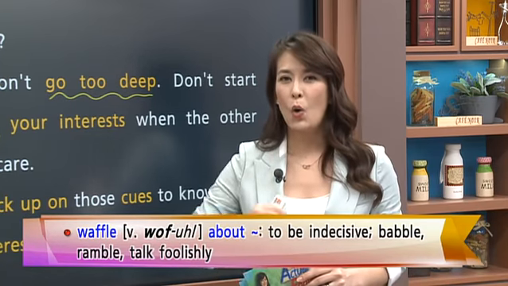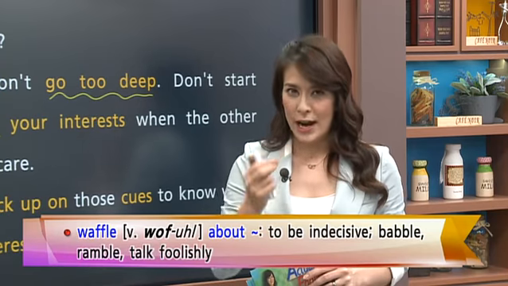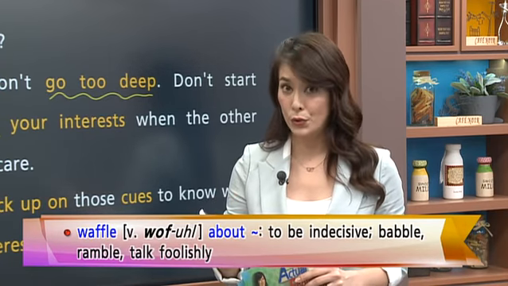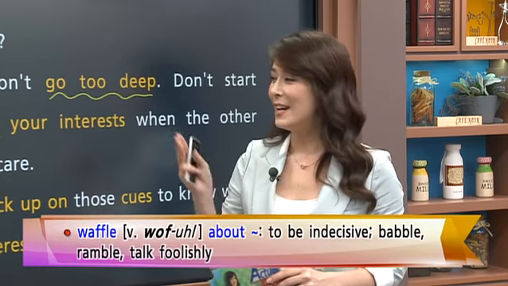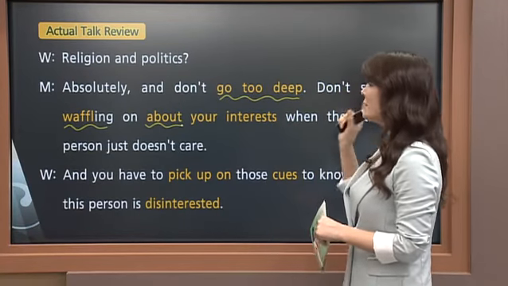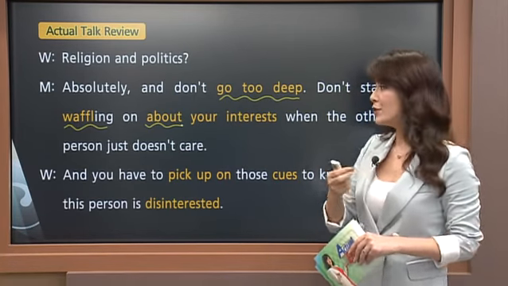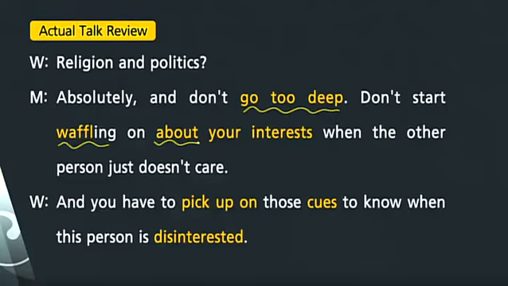So babbling, chatting about something, constantly talking about something means to waffle about something. So he says, don't start waffling on about your interests, what you're interested in, when the other person is not